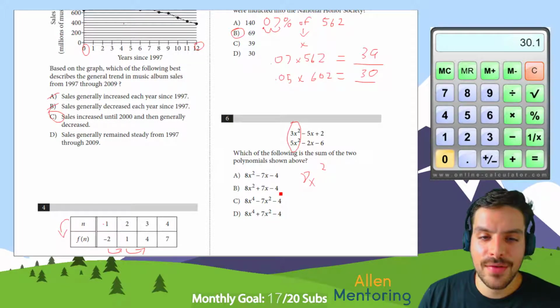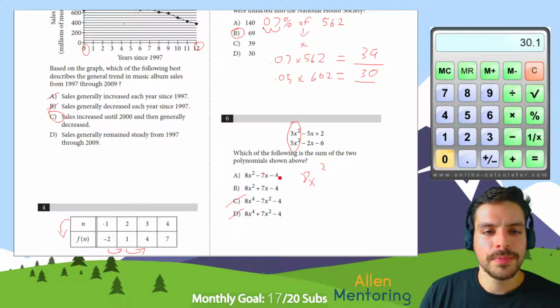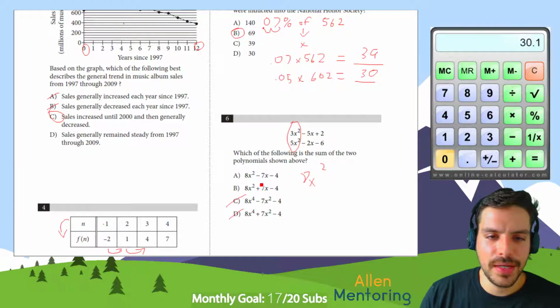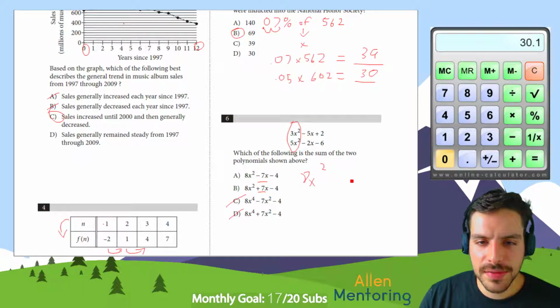So anything that does not have 8x squared, we can knock out right away. So we can knock out this and this. Now, what is the only difference between A and B? I see that this middle term is minus versus plus. So let's figure that out. What is minus 5x